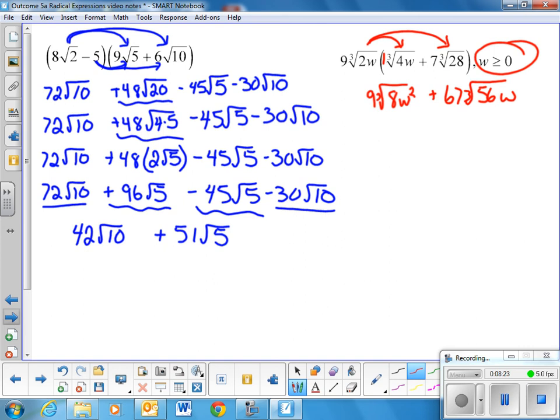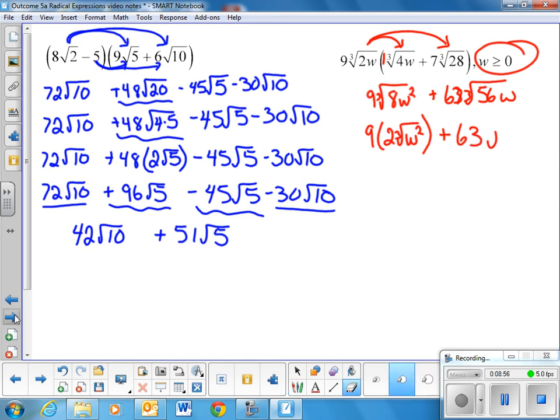Okay, simplifying those cube roots. The cube root of 8 is a perfect cube, so I can simplify it. We end up with 2 cube root. W squared does not contain any perfect cubes, so it's going to stay stuck under the root sign. The second term, we end up with 63,